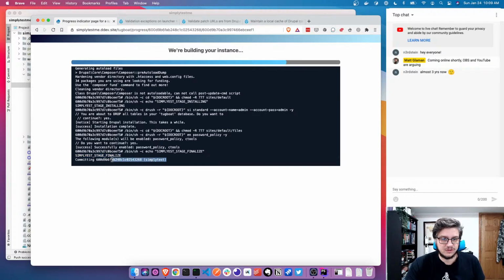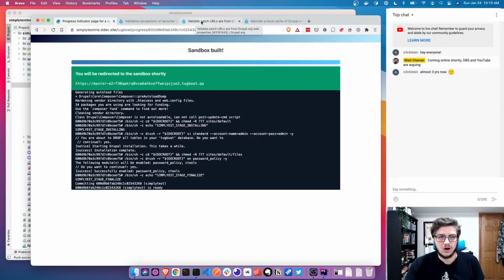And once this finishes, it's going to give us a URL. It'll say 100% and redirect us. I just want to keep this open for the last bit. So yeah, so one of the issues is better error handling when there is an error launching the SimplyTest instance. We need to validate that all patch URLs come from Drupal.org or